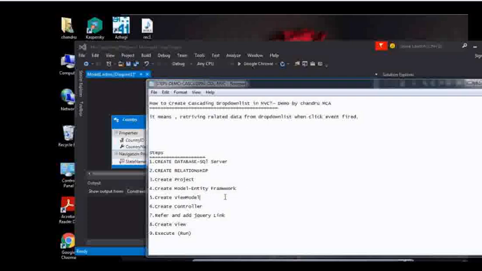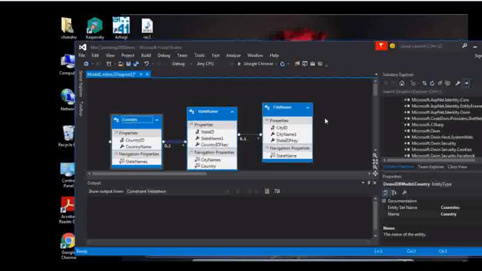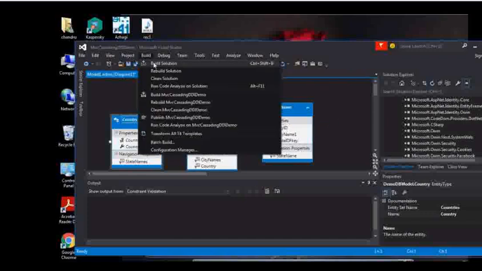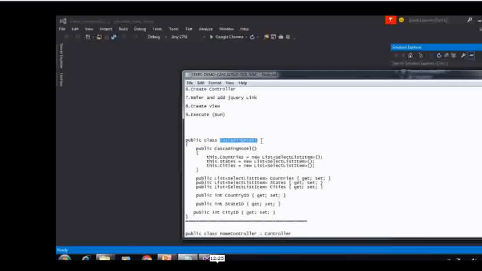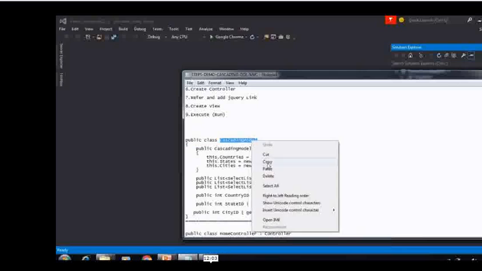Okay, then now create the model, Entity Framework from database, complete. Then we are going to move on. Oh, I forgot one thing. After creating the entity model, we have to build the entire project, otherwise it will not be recognizable. Okay. Now we are going to deal with the